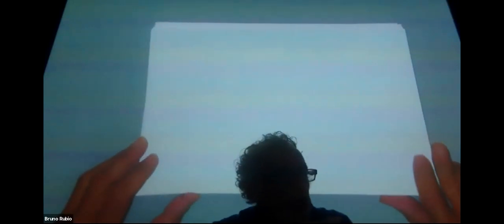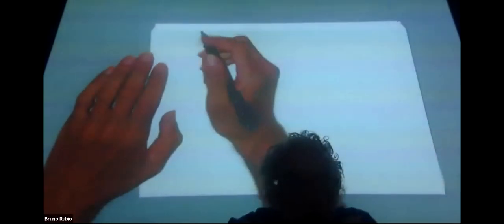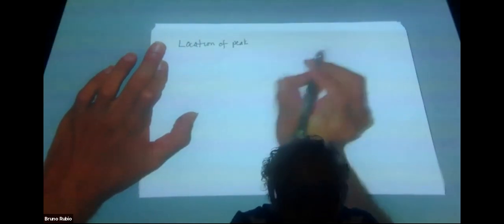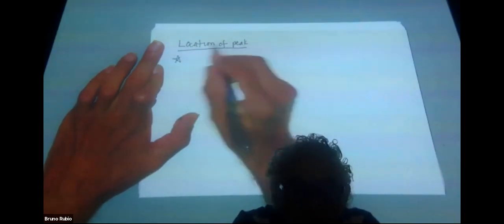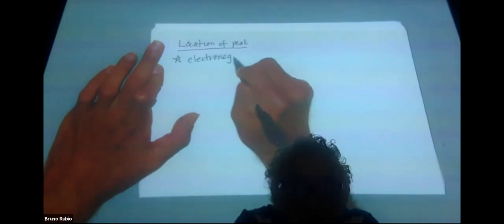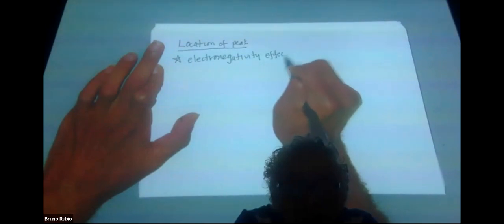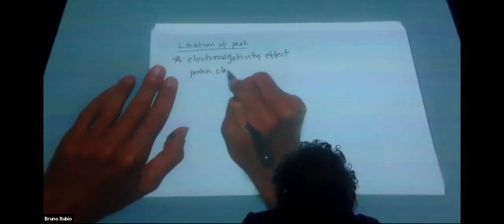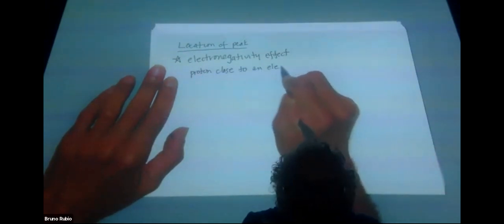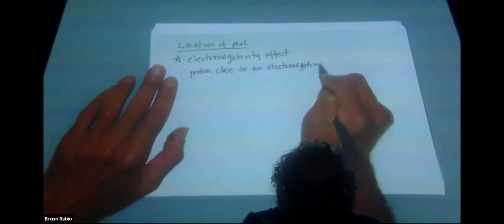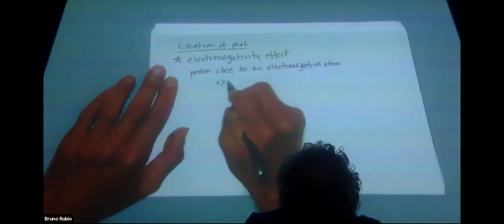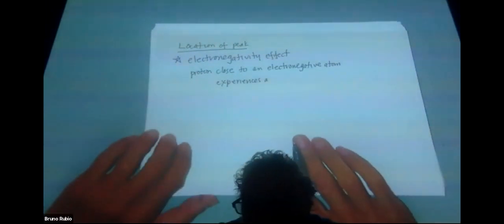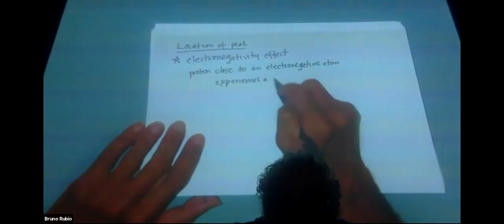Okay, so first up, we're talking about the location of the peak. We have, first of all, the electronegativity effect. And this is saying that a proton close to an electronegative atom is experiencing a small